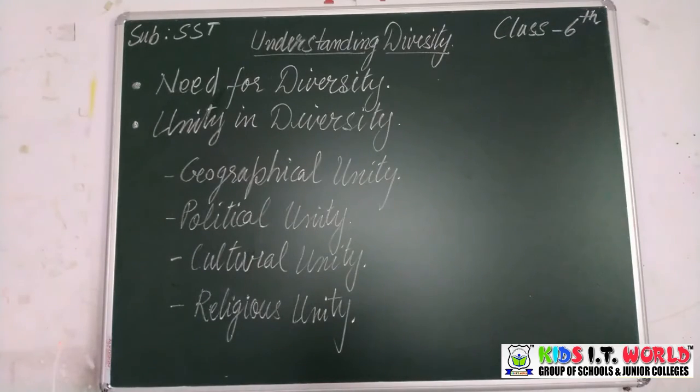After independence, the erstwhile British provinces and the princely states were integrated into the independent India. With the liberation of the French colonies and the Portuguese colonies, the political integration of India became complete. So we had many foreign people living here apart from the Britishers. They were Portuguese, they were French people, and once they left India is when the political integration took place and India became one as a country.